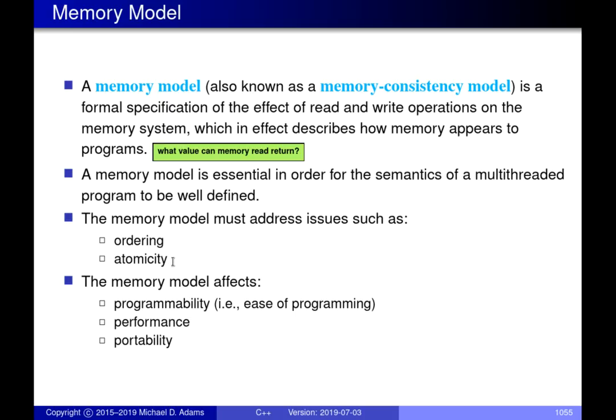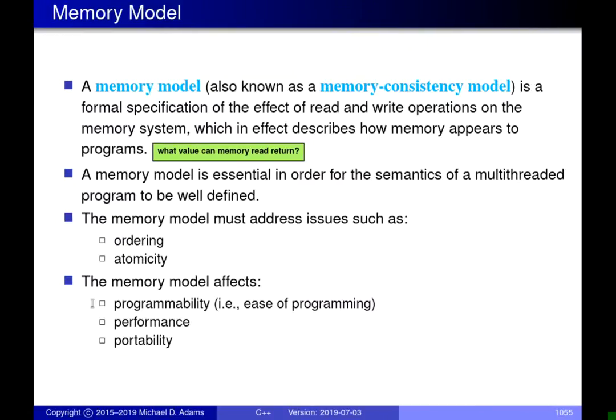Then atomicity is dealing with whether the memory operations are atomic. Atomic just means that from the time an operation starts till the time it ends, there can't be any other intervening things happening. For example, if I'm doing a read from memory and it's atomic, once I start reading from that memory location, I'm guaranteed that no other thread can come in during the intervening period and either read or write that memory location. So once a memory operation starts, it goes through to completion before anyone else can access that location.